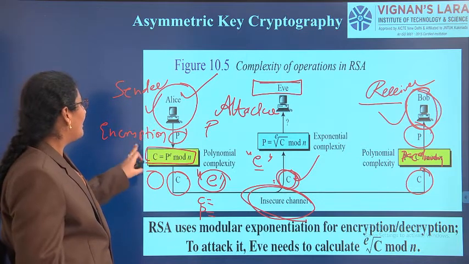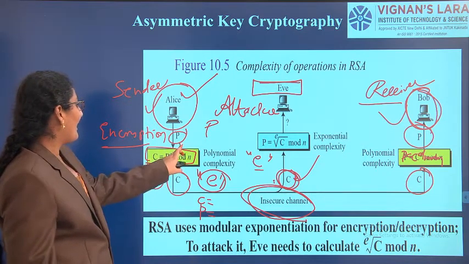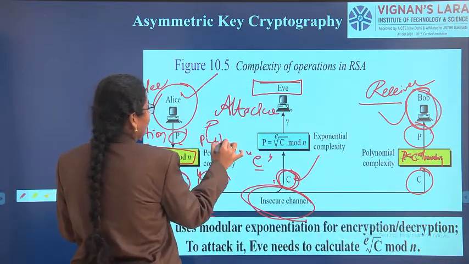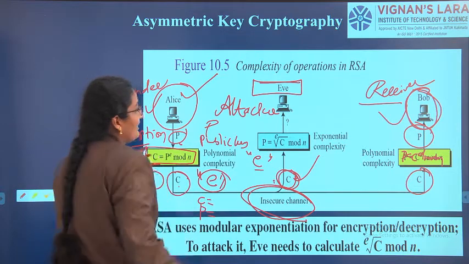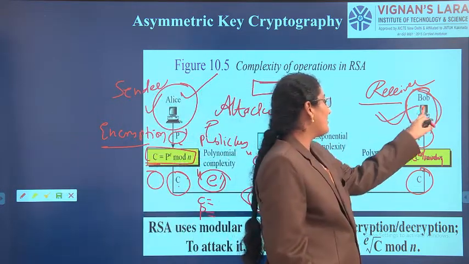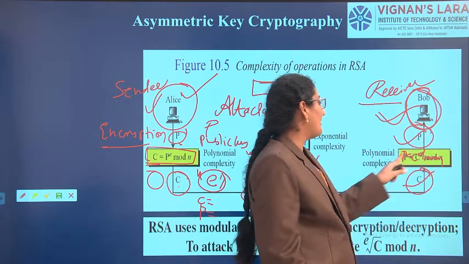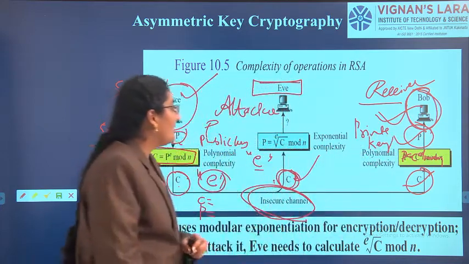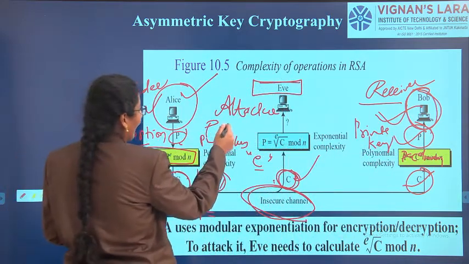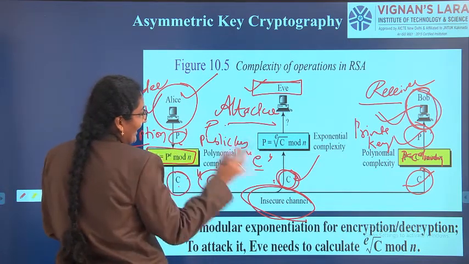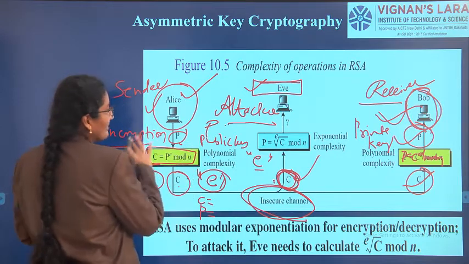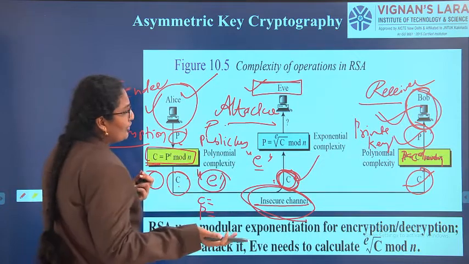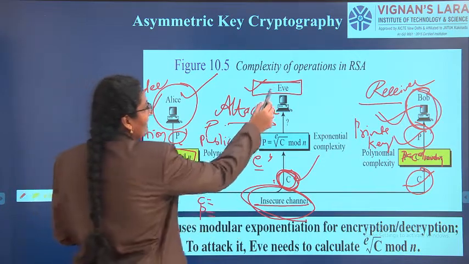So Alice is the sender, performing encryption. From plain text she gets ciphertext. Here Alice will use the public key for encryption. In the same way, on the other hand, Bob is the receiver; he has the ciphertext and will convert it into plain text. Here he will use the private key. But what is the problem? If the attacker, called Eve, attacks this ciphertext, because both the sender and receiver are communicating in an insecure channel, by taking the ciphertext he cannot do anything. Ciphertext is not understood by Eve.